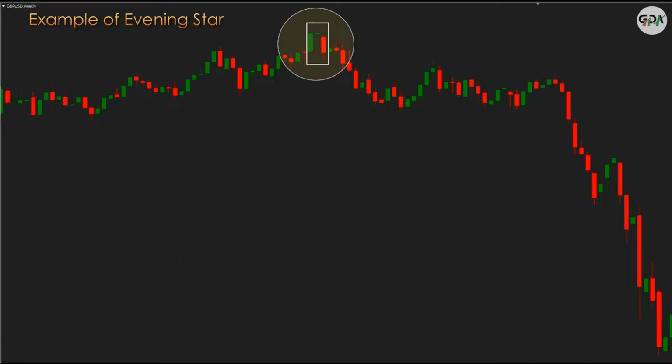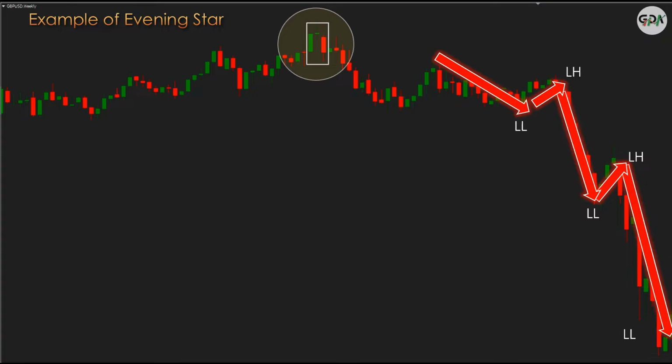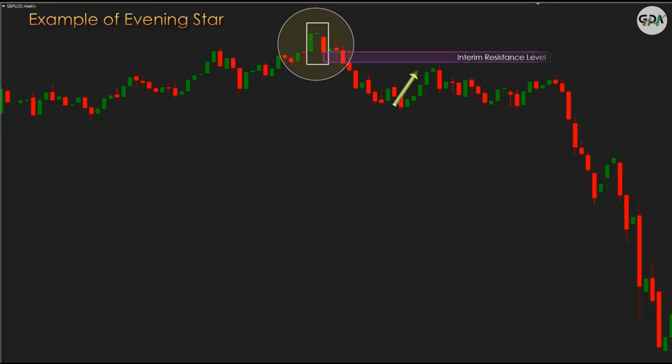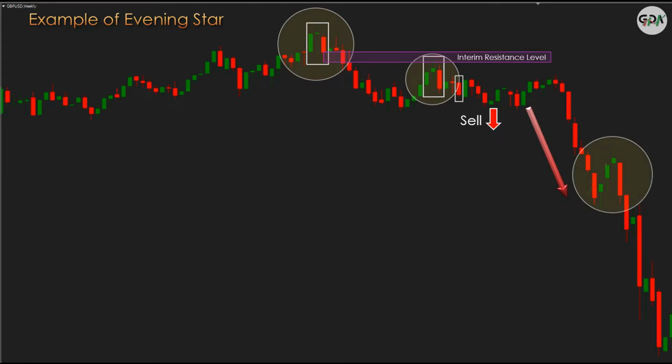After formation of evening star pattern, price takes a U-turn. The chart is moving in the down direction, indicating lower lows, lower highs, lower lows, lower highs. After reaching a lower point, the price action took a pullback and it creates an interim resistance zone. This is the main important point for taking a decision, guys. If evening star pattern or bearish engulfing pattern happens at the interim resistance level, the immediate next red candle is a confirmation candle and hence it gives us a selling opportunity. Accordingly, we will get multiple entries in every pullback as long as the chart is moving in the down direction.